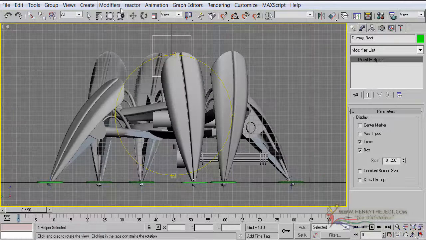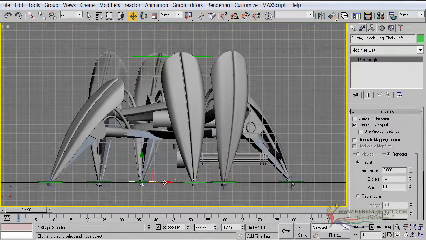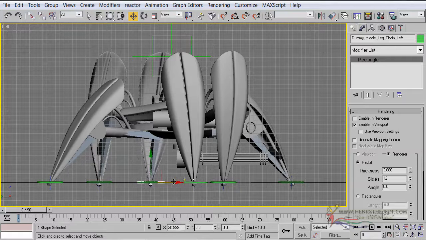And let's see, I'm just trying to take extra care here. I think this guy here needs to be moved a bit forward like that. Okay,